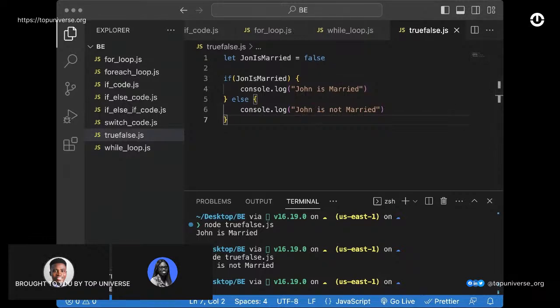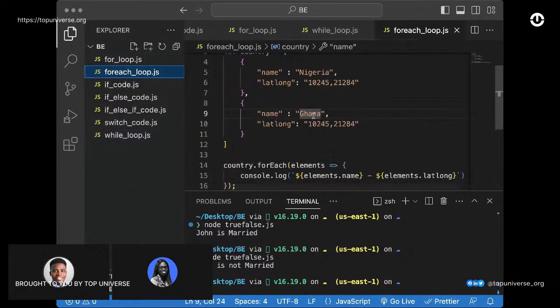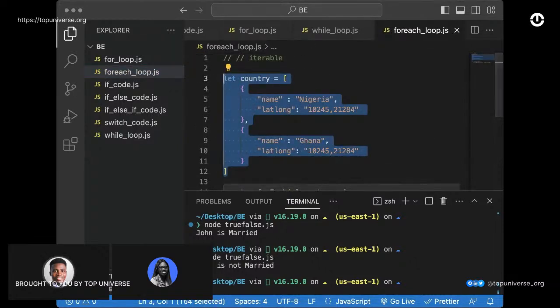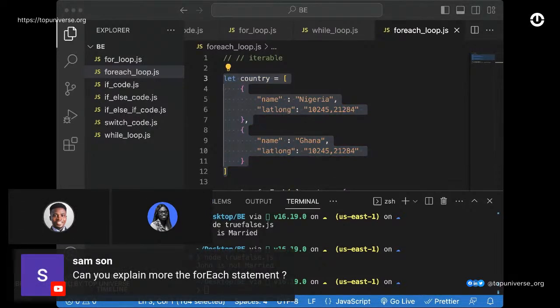I think I saw one question I missed. Yeah, so can you explain more on the for each statement? So let me quickly delete this because we're not going to share that. So the for each loop, which is what I have here. Okay, so who asked the question? Let's see. I'll bring that to the screen. Okay, so that was from Sam. Okay, so Sam,